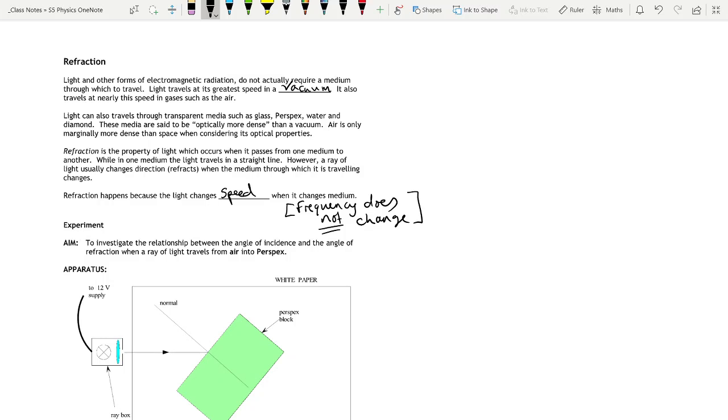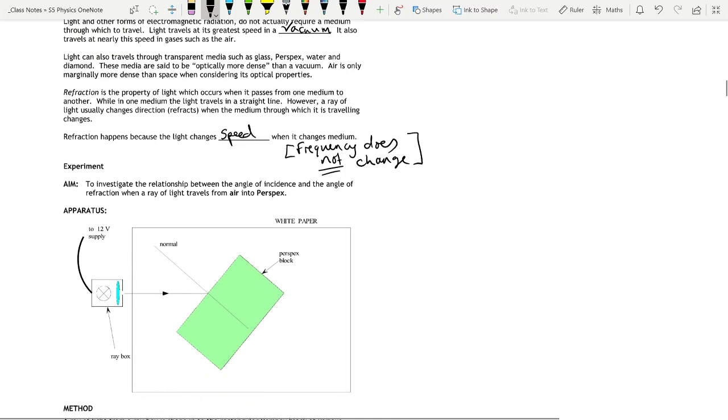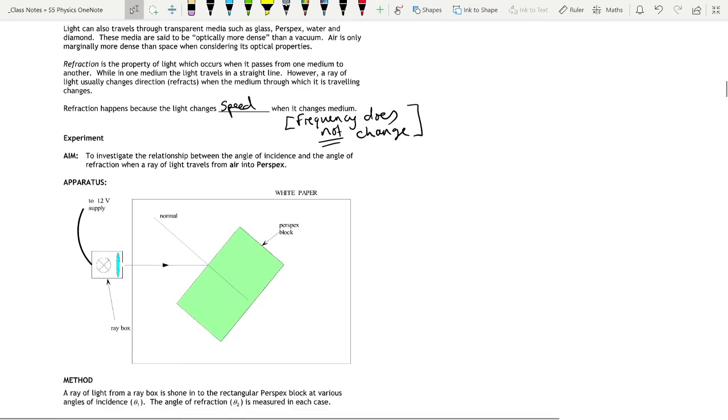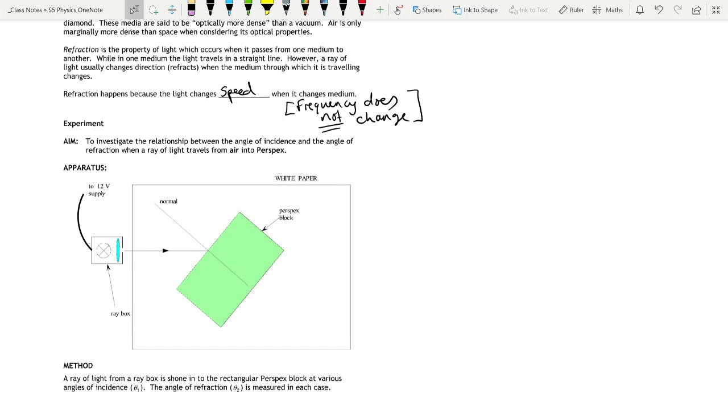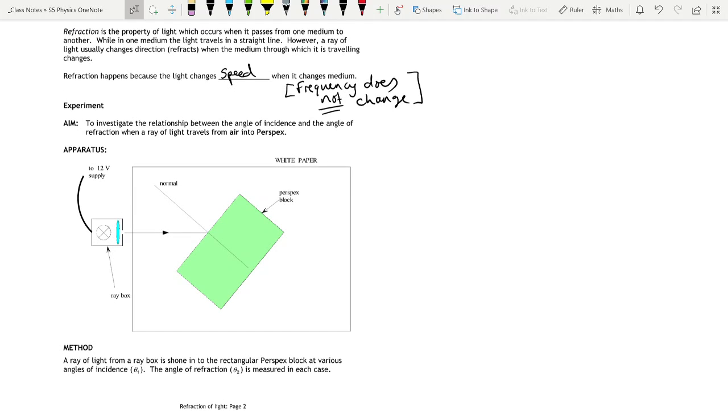So, obviously you can't do an experiment, but I'm going to link you to a video of this experiment, but I'm just going to talk you through it first of all. It's an experiment that you've sort of done before. You've had a look at what happens to light when you pass it through a perspex block, but you didn't really do many measurements involved in it. So what you would do is you would shine a ray box, you shine a light into a perspex block like it shows on the diagram here. The diagram has nicely drawn in a normal for you,